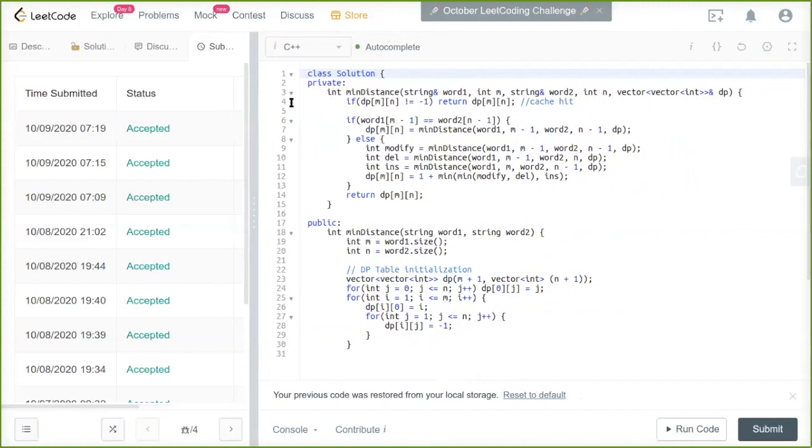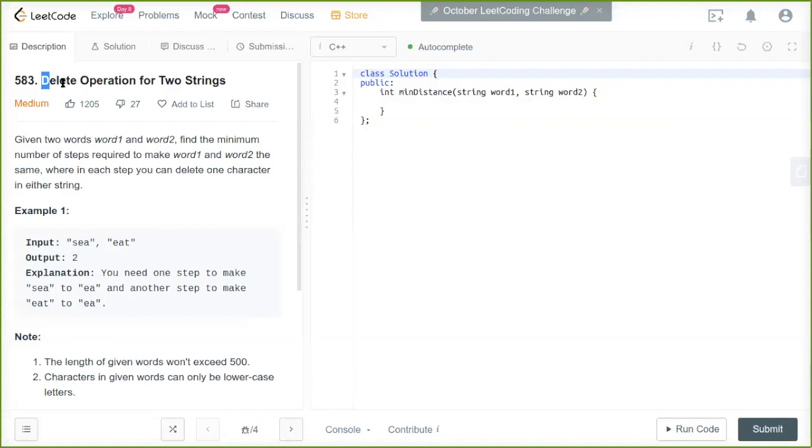So I have one more question, which is similar to this in some way. There are two strings, and the only operation allowed is that you can delete from either the first string or the second string, so that you make them equal at some point. What is the minimum number of such deletions so that you make both of these strings the same? So what I'm going to do is I'll ask you to find out how to solve it.